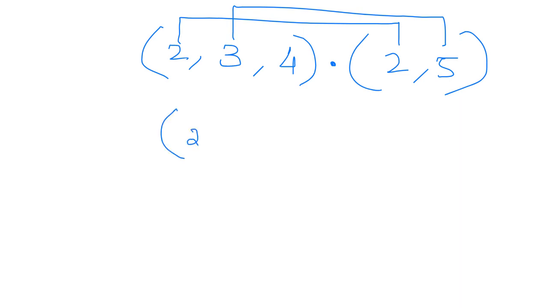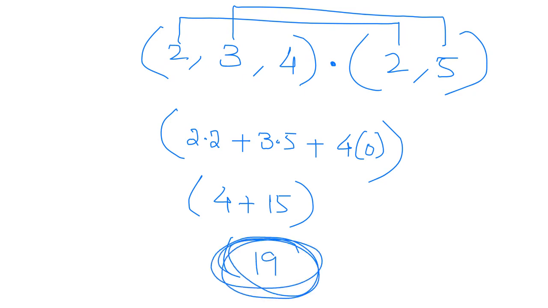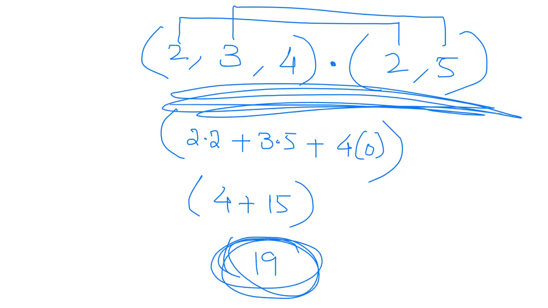So what will that be? 2 multiplied by 2 plus 3 multiplied by 5 plus 4 multiplied by 0. That will give you 4 plus 15 plus 0, that is 19. So 19 is the dot product of these two vectors. Okay, so this is how you can find the